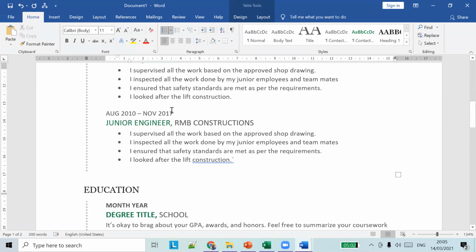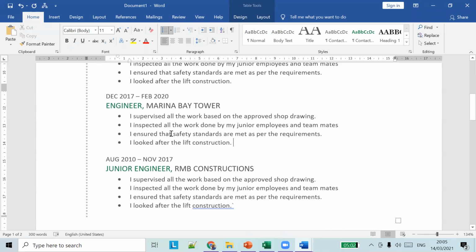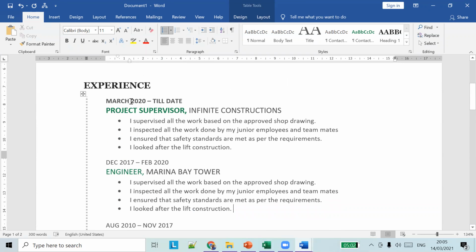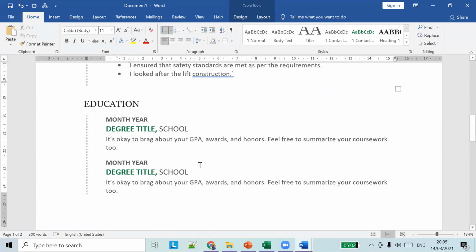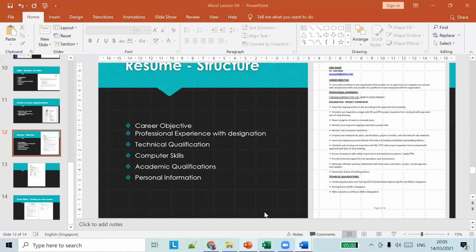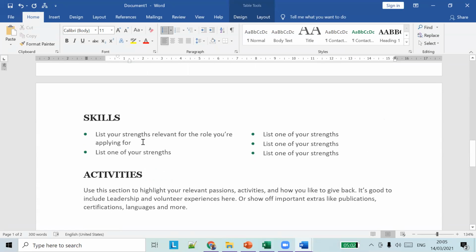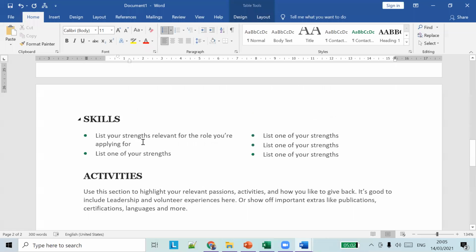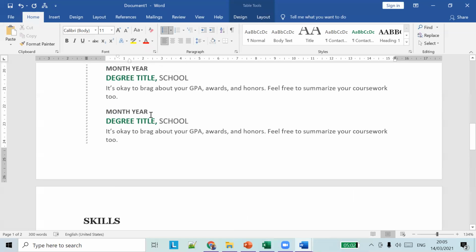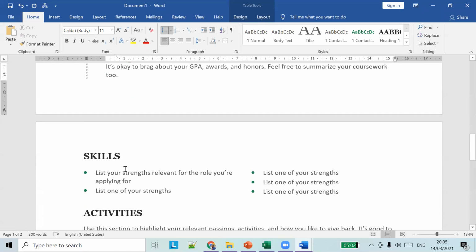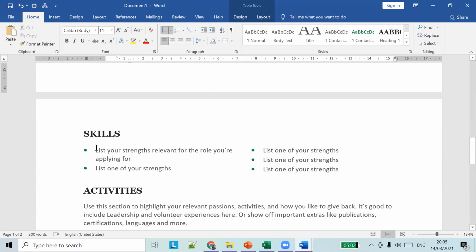Let's say you worked for only 3 companies and you have given all the details here. Then you have to go for your education and technical qualifications. In the skill set, you can add your technical qualification.